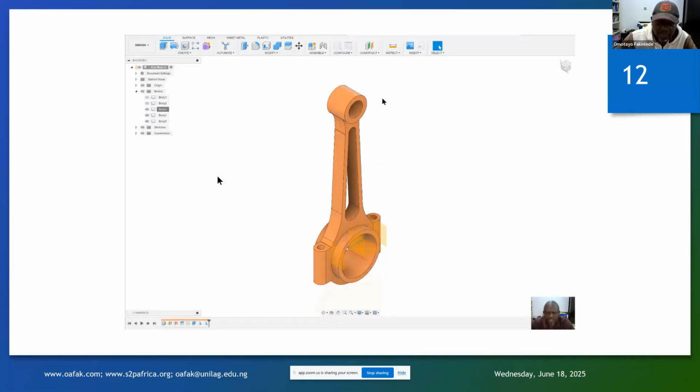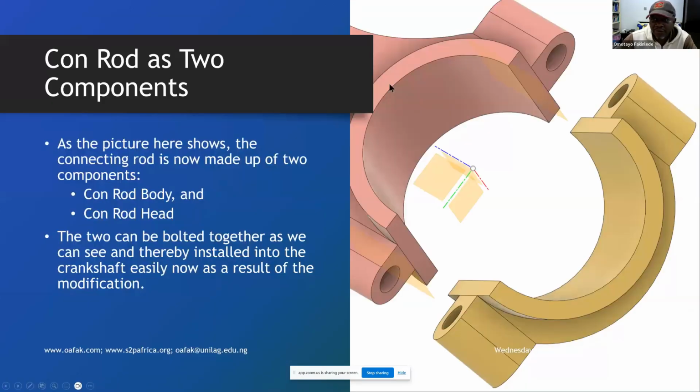So if we look at it very closely, we can move that and rotate it a little bit away, so you can see the meshing surfaces of the two connecting rod bodies and components. There is the connecting rod head and the connecting rod body. That is the surface on which they are meshing, and it was caused by the splitting body